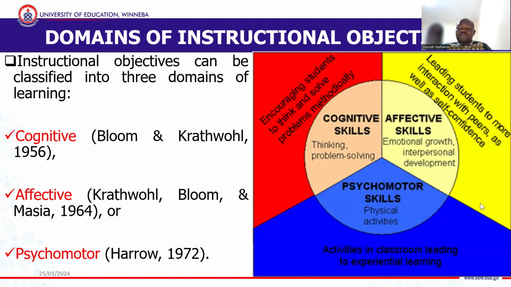Lastly is the psychomotor domain. Over here, the learner should be able to show action, or exhibit movement about the situation, that shows that he or she has learned. So if I've been able to pick things up cognitively and affectively, but I cannot show proof by acting out, it means I've not learned completely. So the psychomotor domain is about activities in the classroom that allow the learner to manipulate or engage in experiential learning physically, so that they'll be able to know what exactly they have been assigned to do.